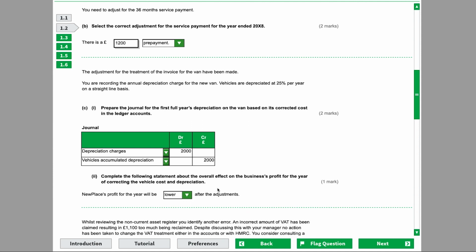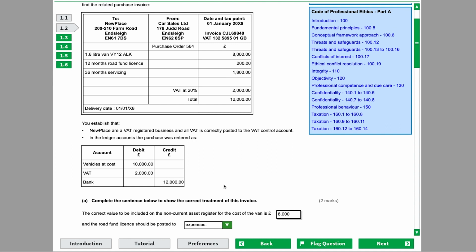So if you remember, and in fact what we'll do is we'll scroll back up. Originally, they had posted this vehicle at £10,000. So they had included within the cost of the asset the road fund licence and the 36 months servicing. But we've determined that these shouldn't have been capitalised. These should have actually been an expense within the profit or loss. So when we capitalise something, the cost goes to the statement of financial position as an asset. However, what we're saying is we shouldn't have capitalised those amounts. They should have been expenses within the